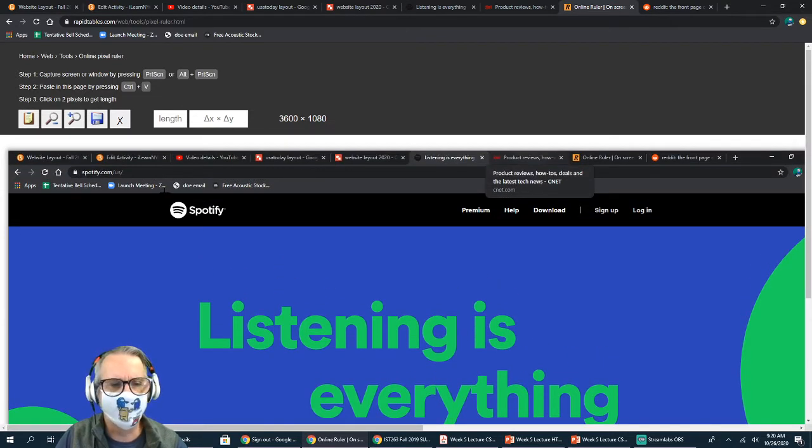For example, over here, the height of this is going to be about 82 pixels. So you could say like 80 pixels maybe. I don't care if you give me exact measurements. So that'll be the height of this. Now the width of it is going to be the entire width of your screen, right? So the width is going to be